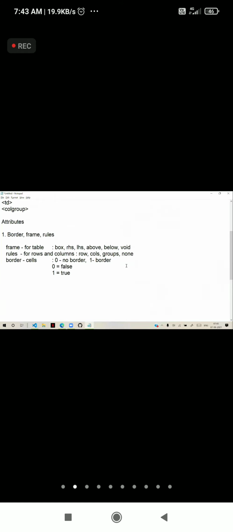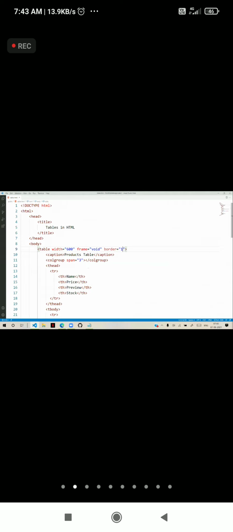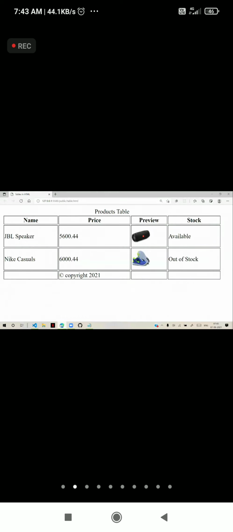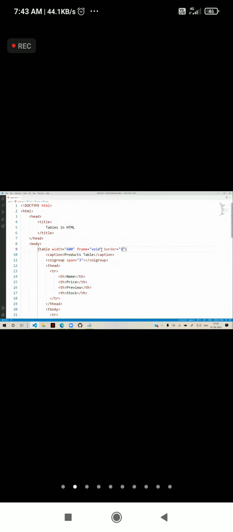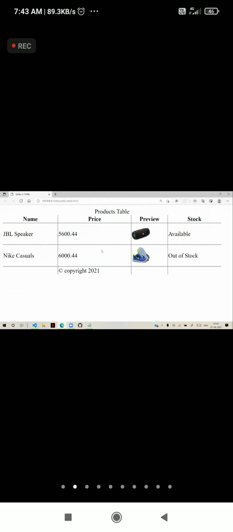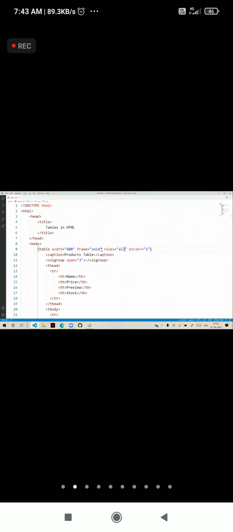So when you are using rules, border will not be there. Currently, border is there. If I use rules equal to all, then border will be removed. Only rules will come. So that will dominate. If I remove the rules, now it is fine. That is how you can configure.